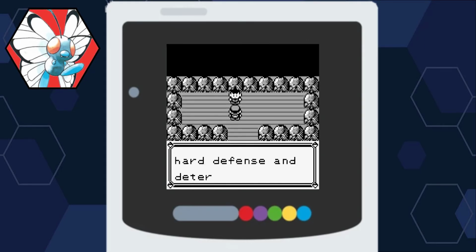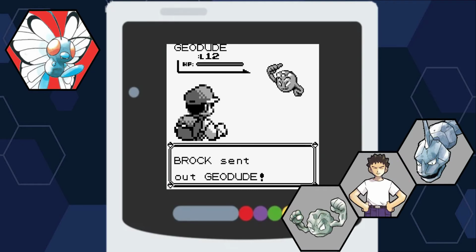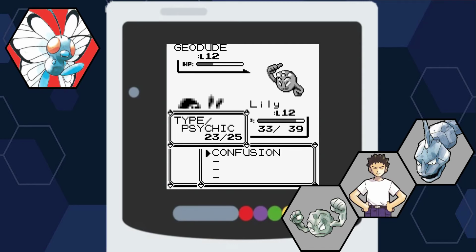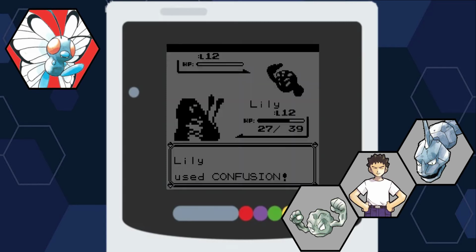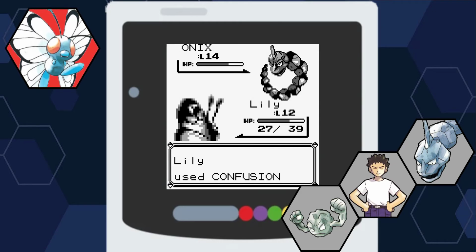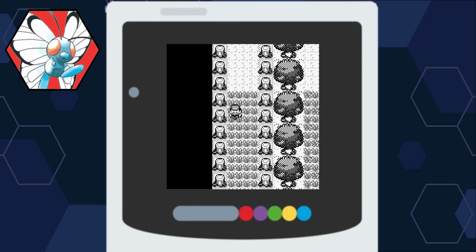So this battle starts off with Brock choosing his level 12 Geodude to battle against my level 12 Butterfree. Geodude surprisingly tanks a couple of Confusion attacks before finally going down. As the Rock Gyarados comes out next, it immediately goes for a Bite attack and then wipes out our Butterfree, as the only attack we actually know is a damaging one, so it actually survived enough hits to hit us back pretty hard. Yay! Realizing that I may have entered this battle somewhat unprepared, I head back to Viridian Forest